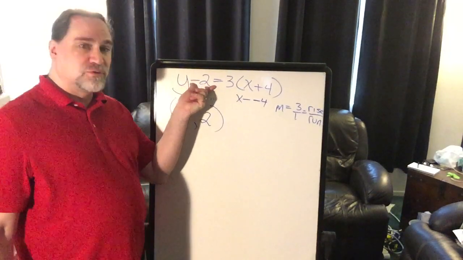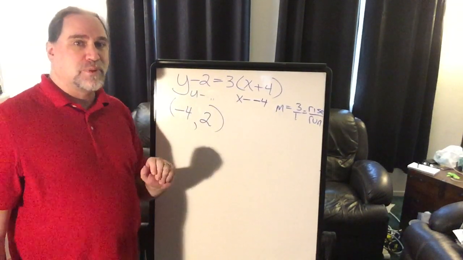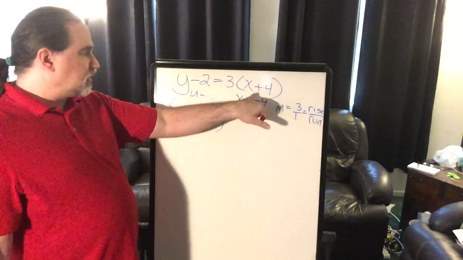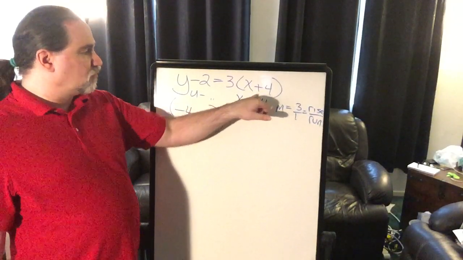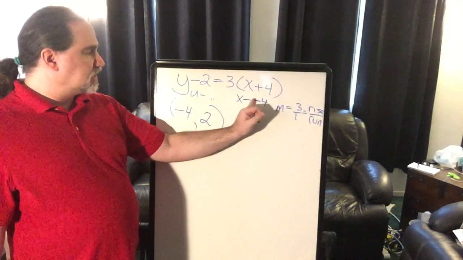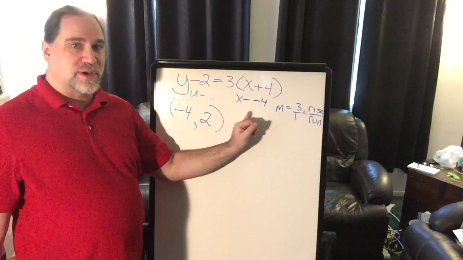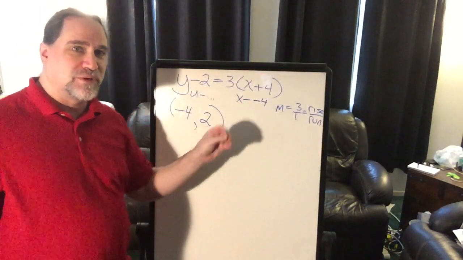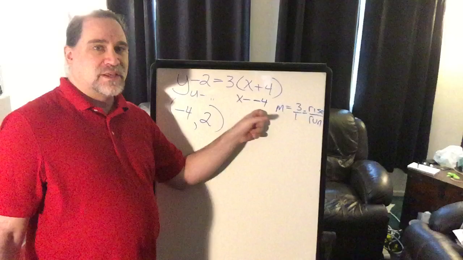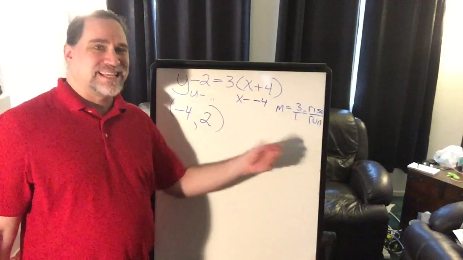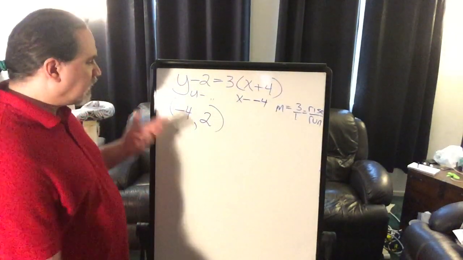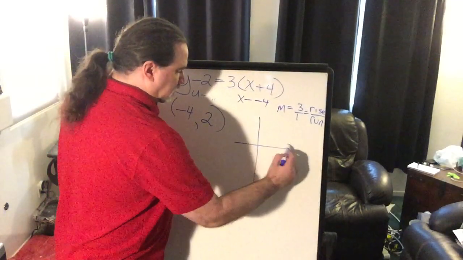With the y, I put a positive 2 with the y. Because originally, the way that I got this plus 4 was that I had x minus negative 4. And since that's the way it's written in the formula, in the point slope form, then that is how it had to have been written to get that plus 4. And now I have the very simple task